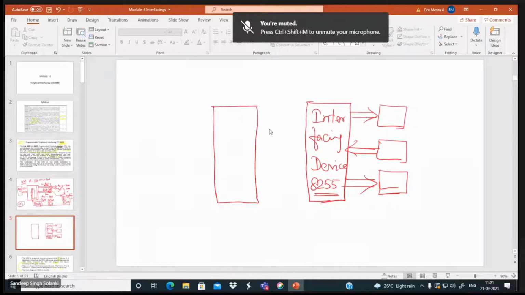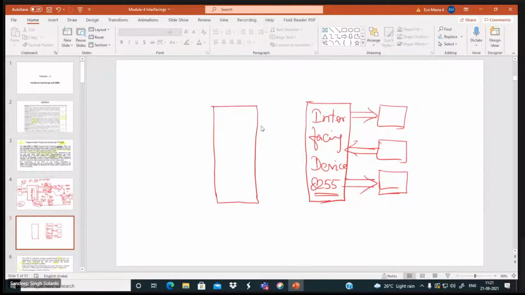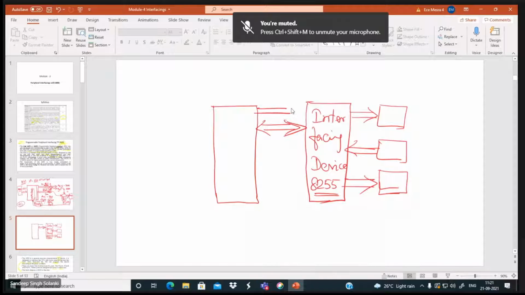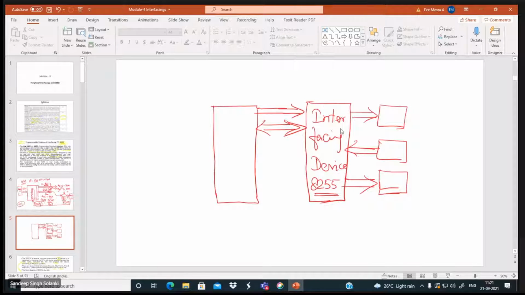This interfacing chip gets connected with your 8085 in this fashion, where the address line and data line are connected to this interfacing chip.